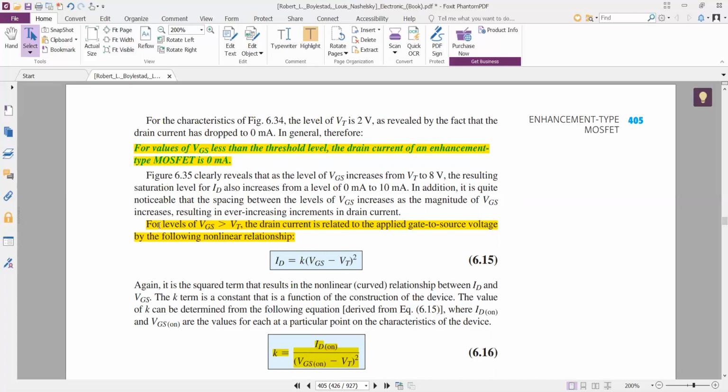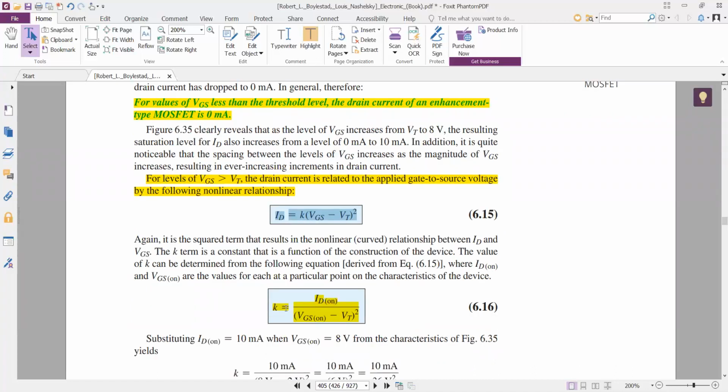But for levels of gate to source voltage greater than threshold voltage, the drain to source current will follow this equation, where the value of K can be found by this relationship,